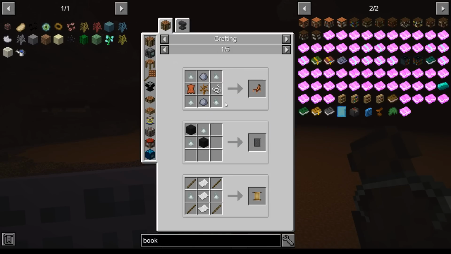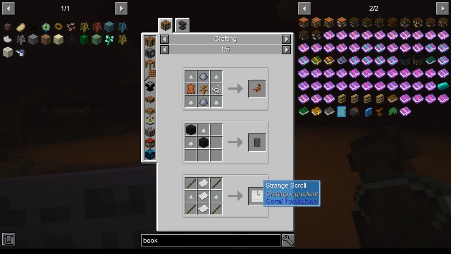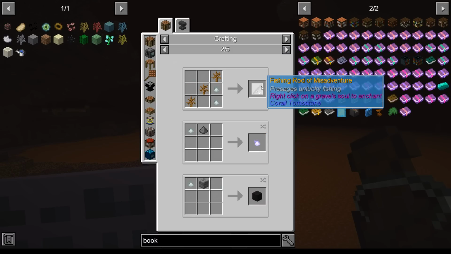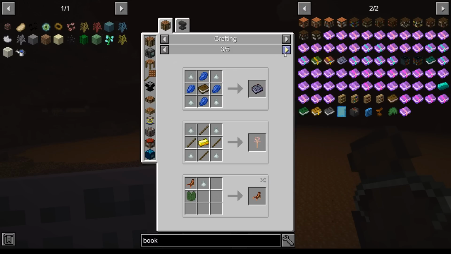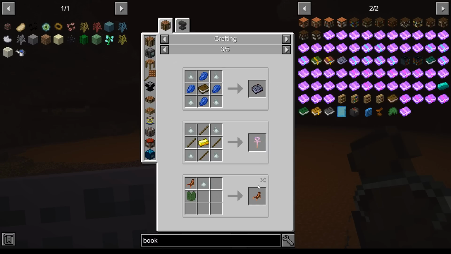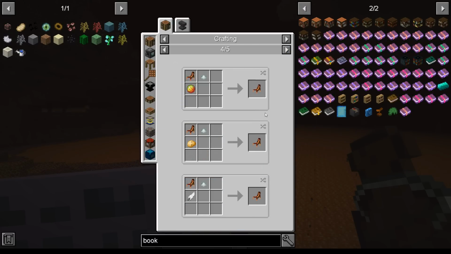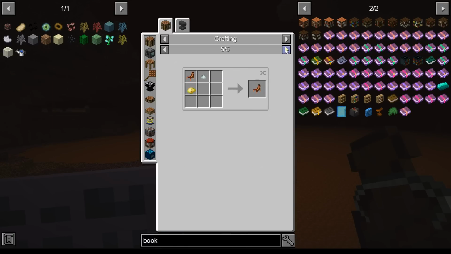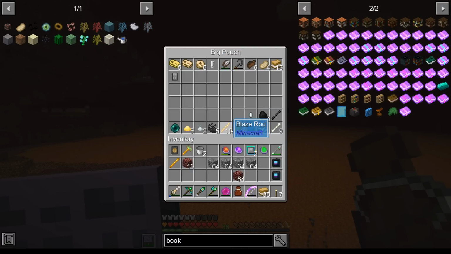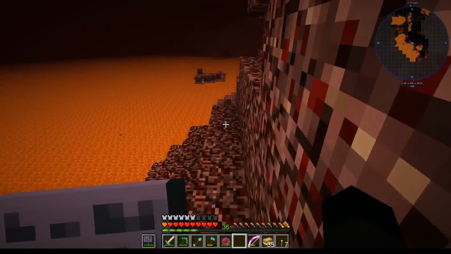Some of this stuff, I'm not entirely sure what you do. Oh, voodoo puppet allows you to prevent certain types of death. Strange tablet. Strange scroll. Prevention of drowning. Okay, right, so you can make them from... Ah, it's an interesting idea. Yeah, but most importantly, I got an ender pearl, which means we can now move on and get the